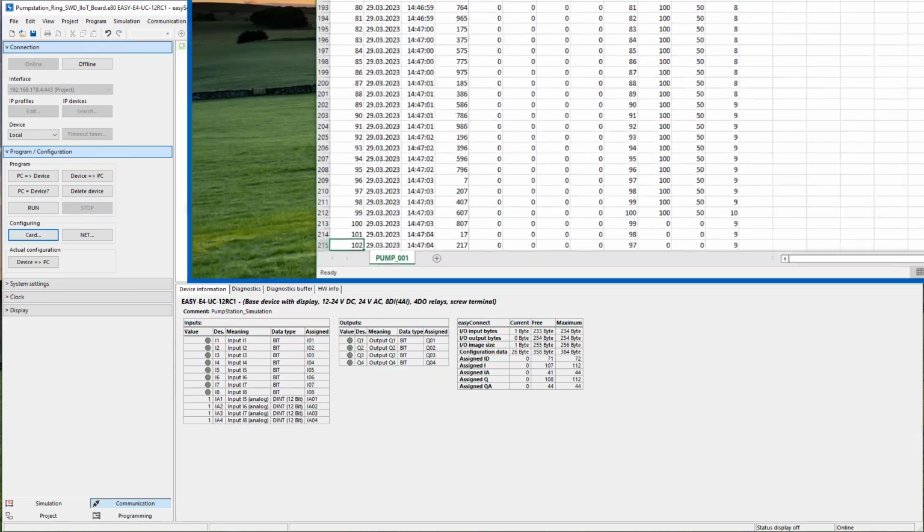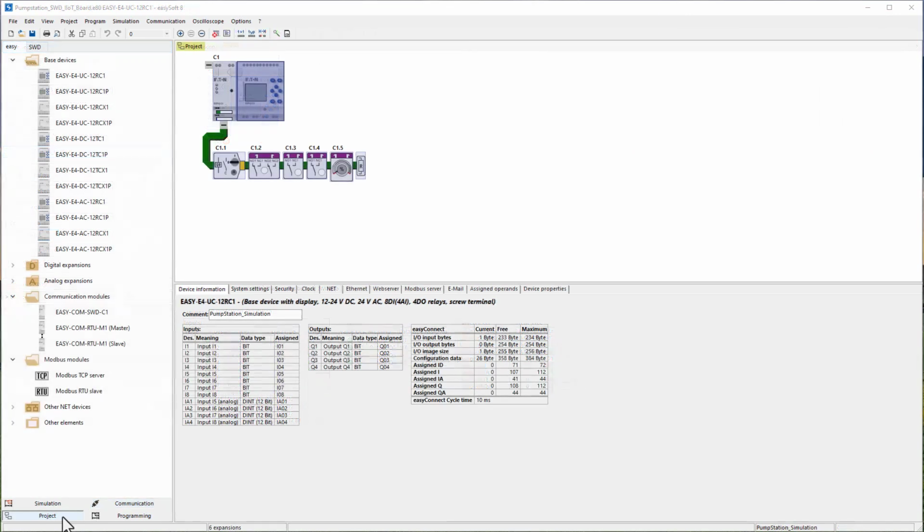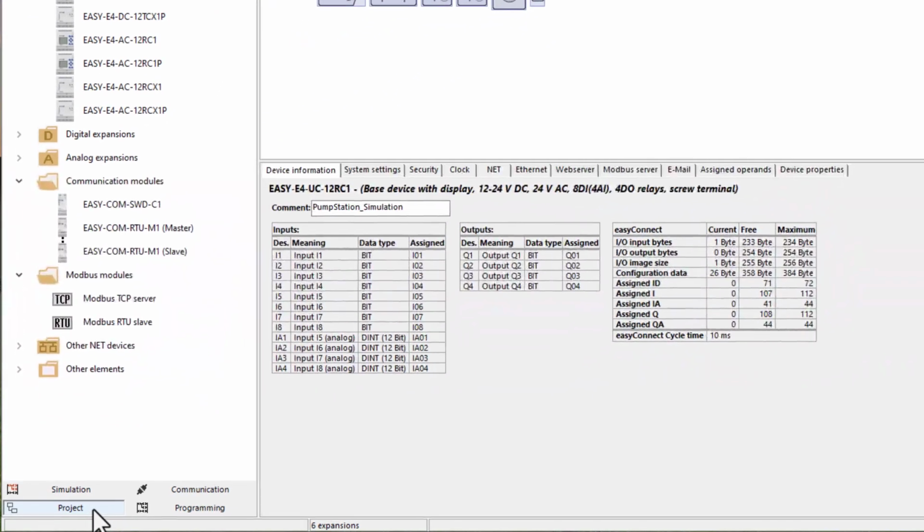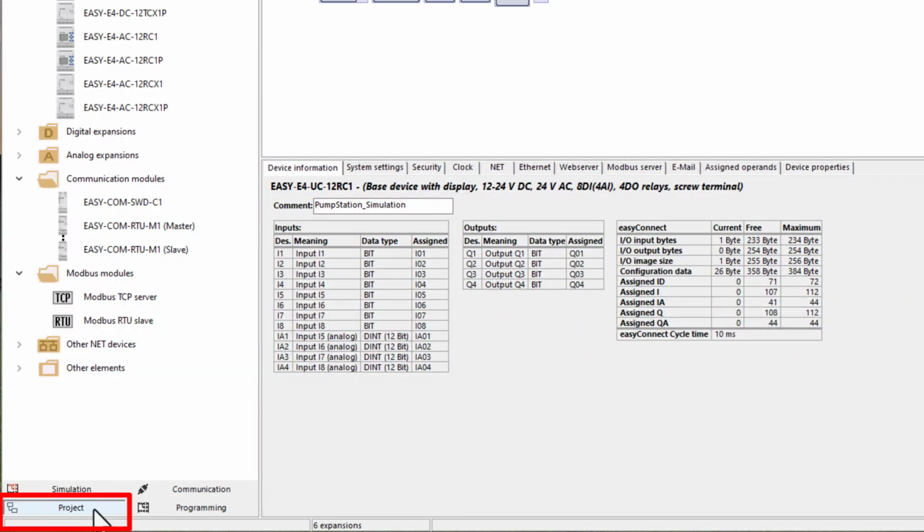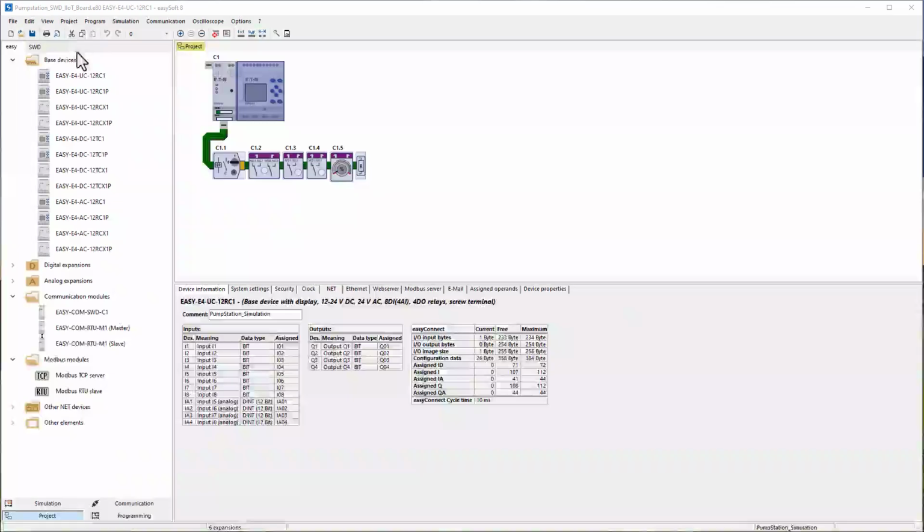A note at the end. If an SD card is to be read out without an existing easyE4, this is possible by using an SD card reader as follows. The SD card is inserted into the card reader connected to a PC. In the project view, either switch to the SD card sub-item in the project menu or select the SD card